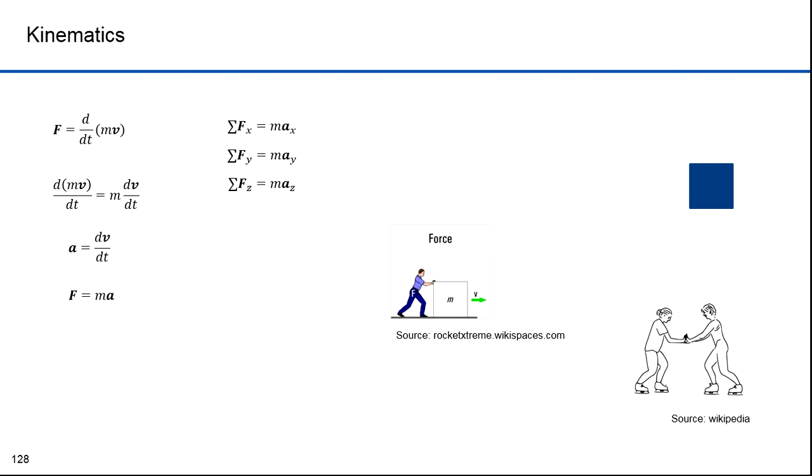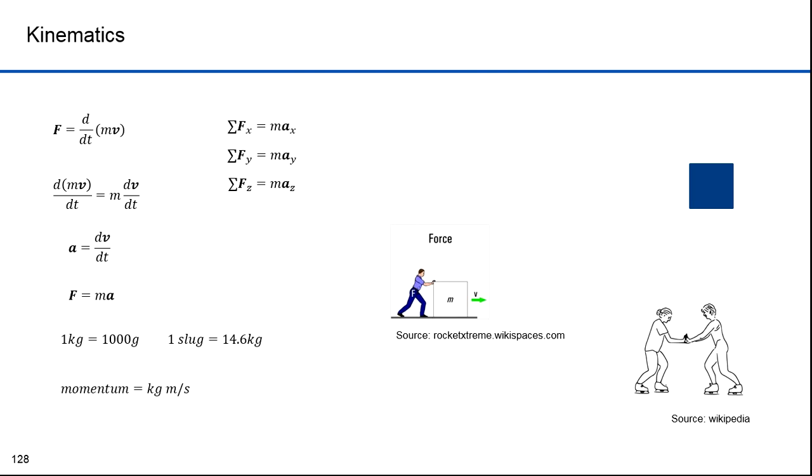Mass, length, and time form the basic physical quantities used in mechanics. The unit of mass in the metric system is the kilogram, abbreviated kg. It's equal to 1,000 grams. The gram is the unit of mass in the centimeter gram second system. The unit of mass in the British engineering system is the slug. One slug is equal to 14.6 kilograms. Momentum, being a product of mass and velocity, is a derived physical quantity.